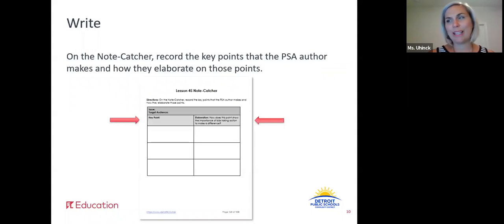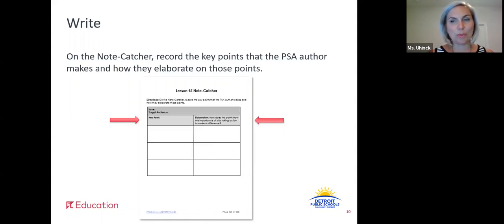Great, just one of the key points I want to say, if you notice this part says, you might wonder, can I really make a difference? I'm just a kid, but there's lots kids can do to make a difference. One thing you can do is build awareness about hunger in our community, right? So right there it gives you some key points and then goes on to give us some elaboration, right? So how does the author show the importance of that point of kids actually taking action?